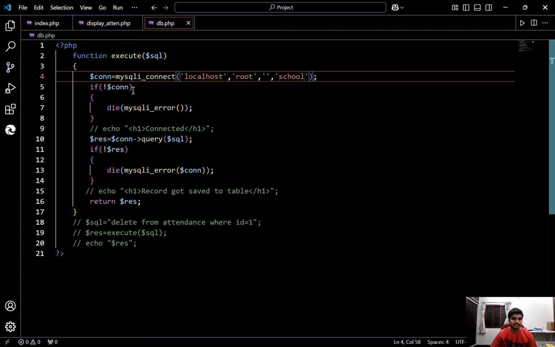So if the connection is made... if the connection is not made, it will die. The connection will die or end. We are not simply ending that function, that connection, so we have to specify what error it has thrown. For that we are using mysql_error. It displays what error it is showing. So if it connects,